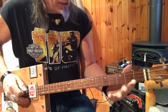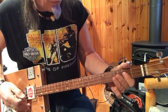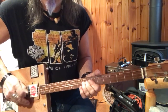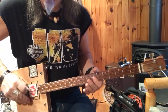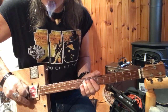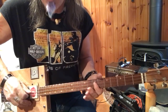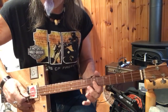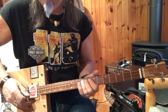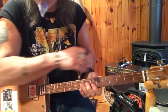So, let's see, do this again. He does these little partial bends. Partial bends. Also, what I'm doing here is vibrato. If you notice, it's my hand that moves, not my finger. I'm not wiggling my finger. I'm wiggling my hand. See my wrist and my hand? All of that starts really in your shoulder and works its way down into your elbow and then works its way to your...